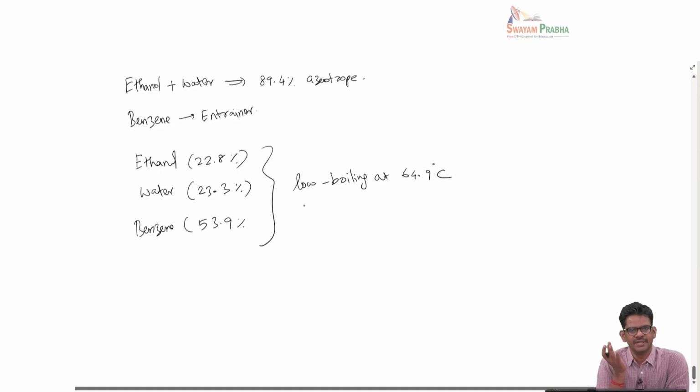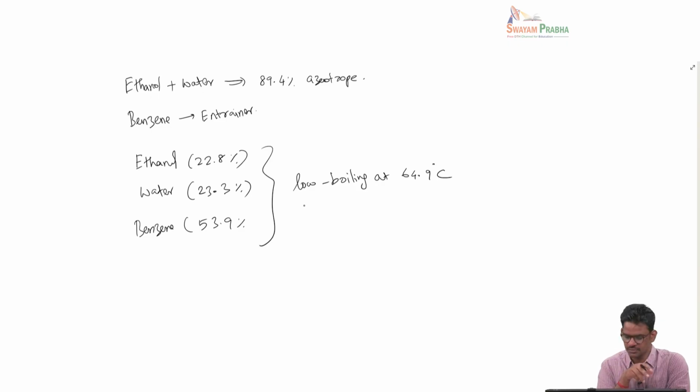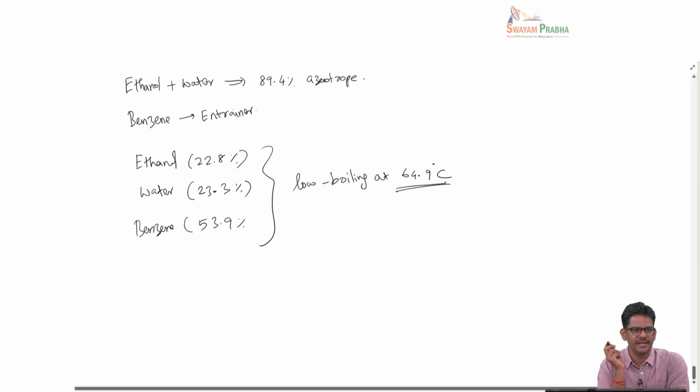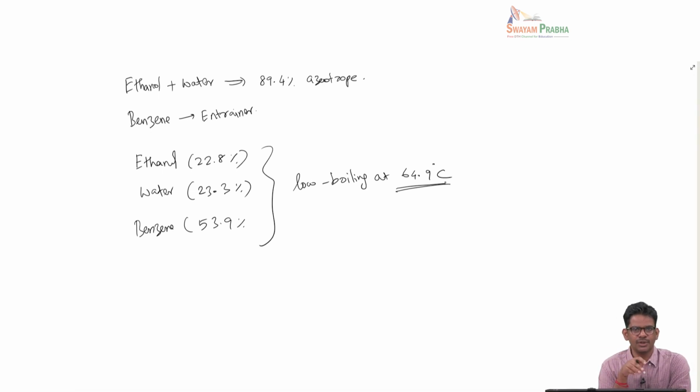So adding benzene to the ethanol-water mixture forms an azeotrope of this composition, and this azeotrope boils at 64.9 degrees Celsius. Then you can have a distillation column so that the top product